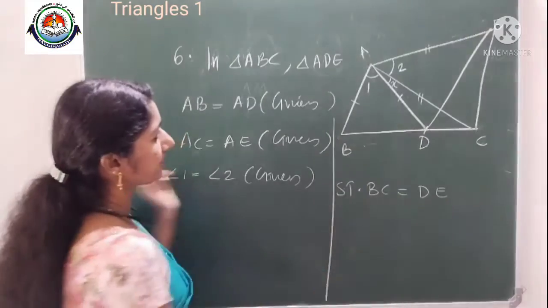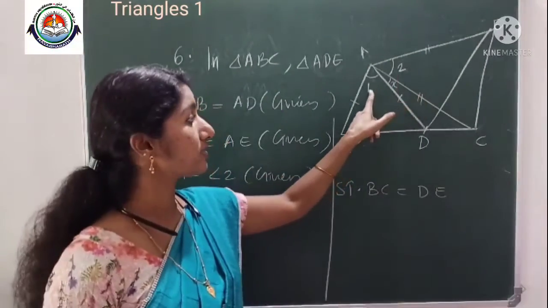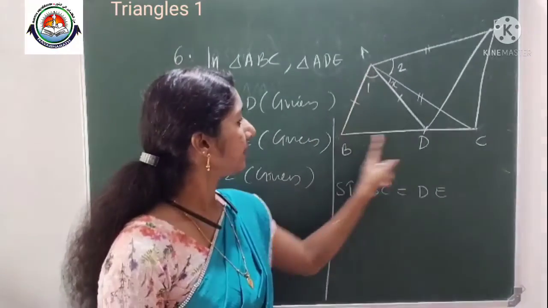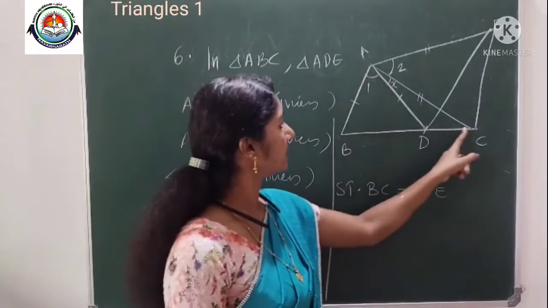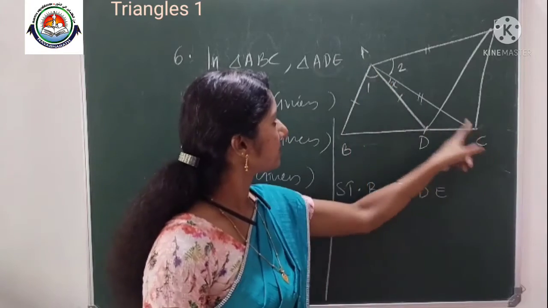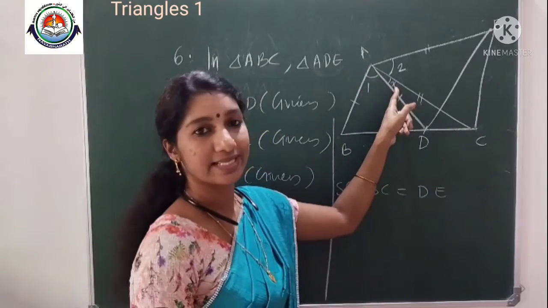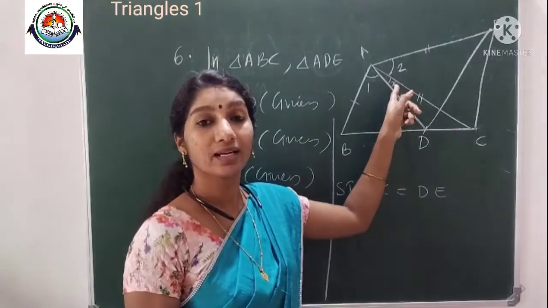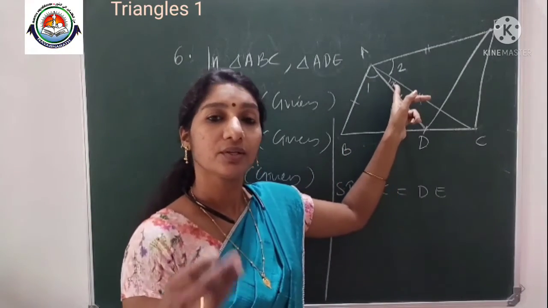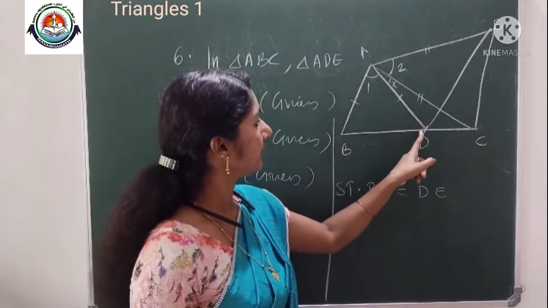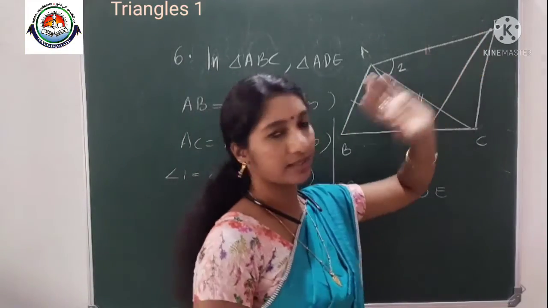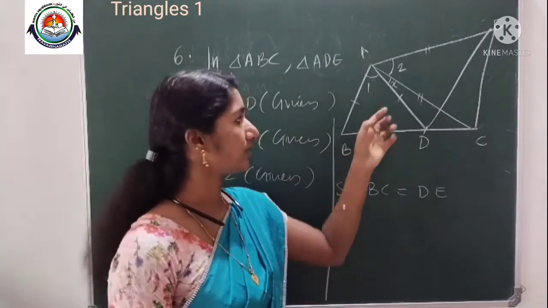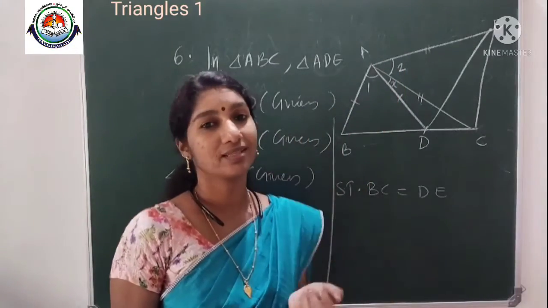Now see, it's given angle 1 and angle 2 are equal, but angle 1 is not the angle of ABC. ABC's one angle is this one, ABC's one angle is this one, ABC's one angle is this one. That means angle 1 plus x. X or angle 3, you can give anything. Angle 1 plus x. If you are not giving the angle measures as 1, 2 and all, you can call the full name. BAD is equal to CAE. That is given. So instead of calling with that vertex, I just marked angle 1 and angle 2. For writing and for reading it is easy.